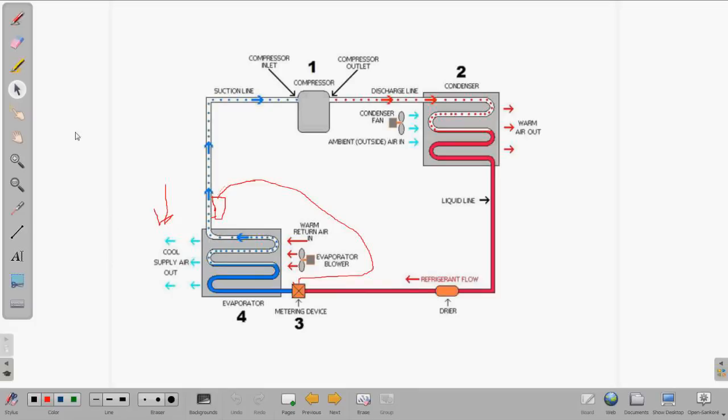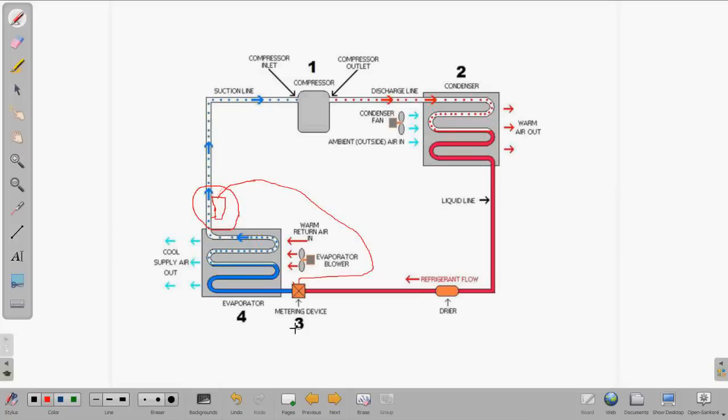If it is not grossly overcharged, this TXV is still going to be able to adjust the superheat. And even if it's undercharged, it's going to be able to open and close this valve enough to maintain the superheat over a fairly wide range of